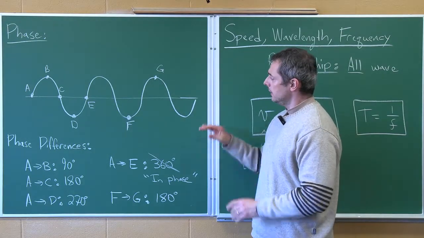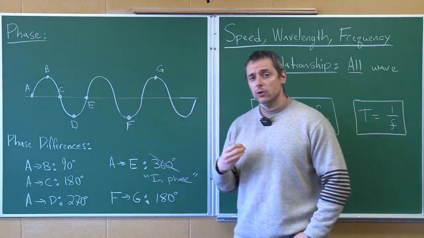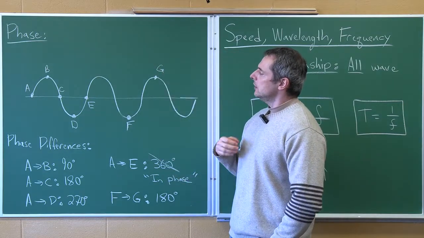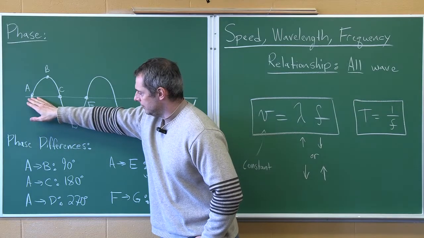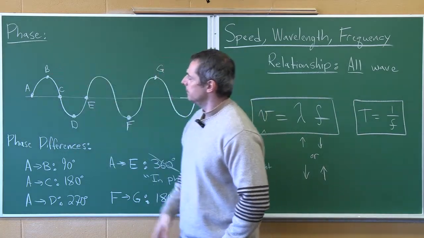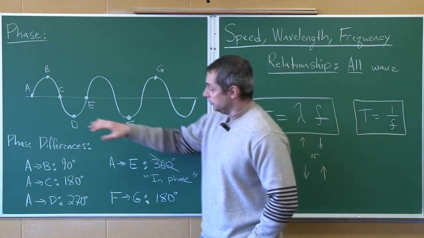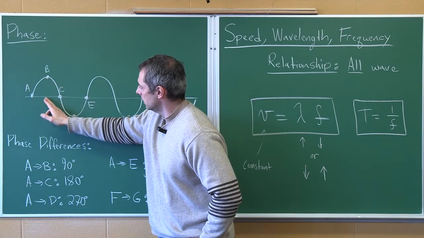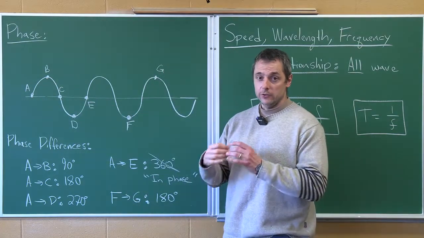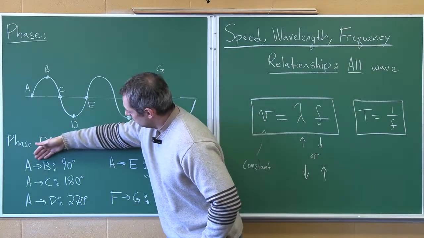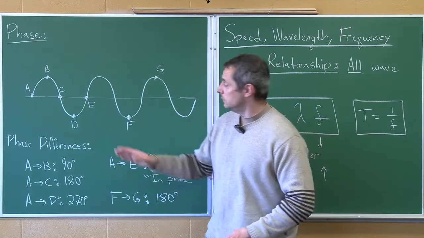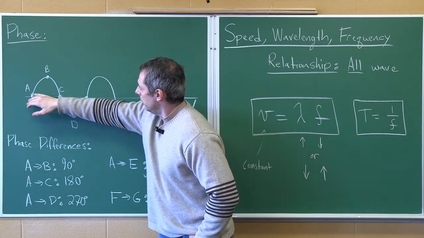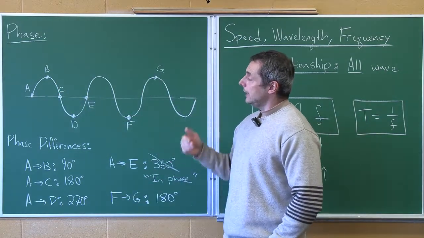Now if you understand the x-axis of a sine or cosine graph, like when you studied them in math, then you'll have no trouble understanding what phase is. Suppose I choose to label this point A, and then this point B. Now if you were to graph the sine graph, which is what this is, on x and y axes, you would find that this peak, this crest, occurs at 90 degrees on a sine graph. So we would say the phase difference between points A and B is 90 degrees because that's how far it is along the x-axis. The phase difference from A to C is 180 degrees along the x-axis of a sine graph,